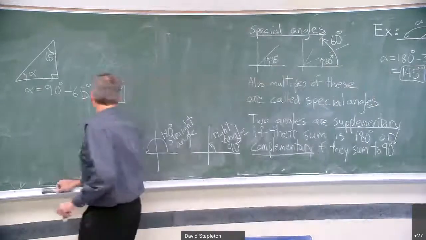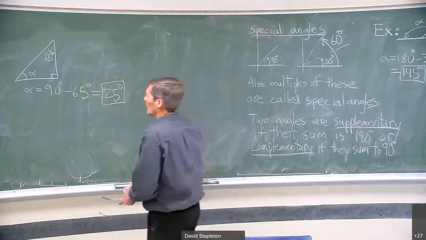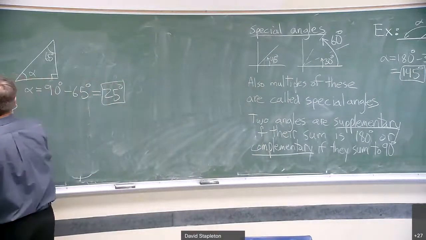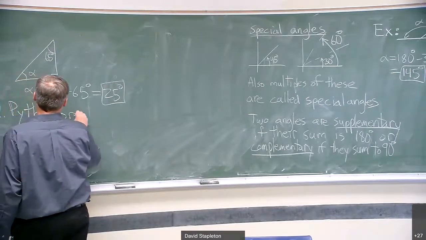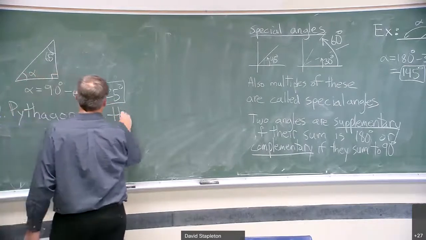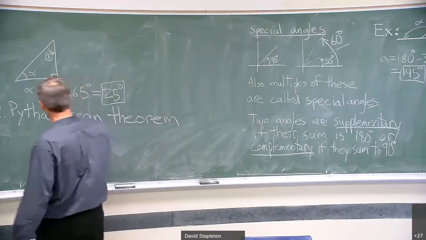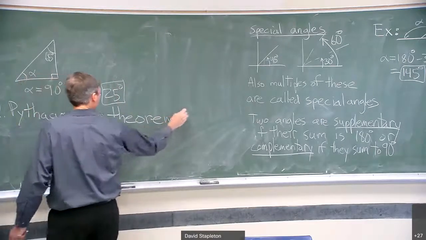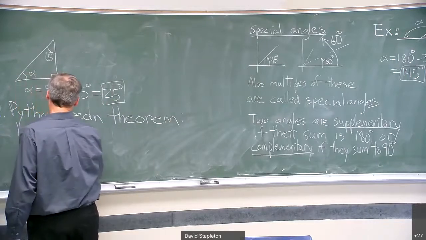The second thing from geometry we want to discuss is the Pythagorean theorem. Unlike the sum of angles theorem, this only applies to right triangles, right? The other one applied to any triangle. And it says in a right triangle,